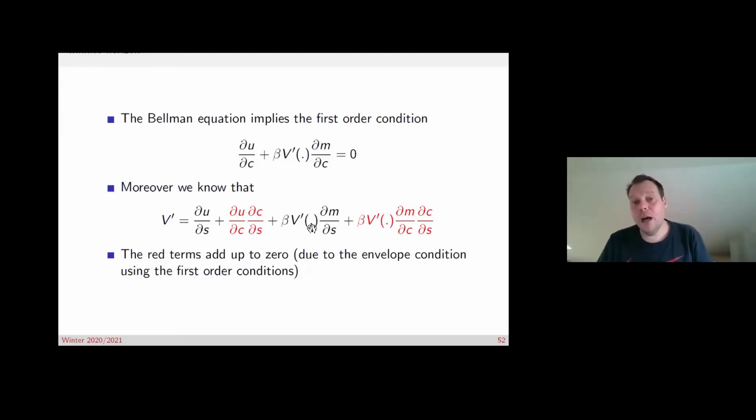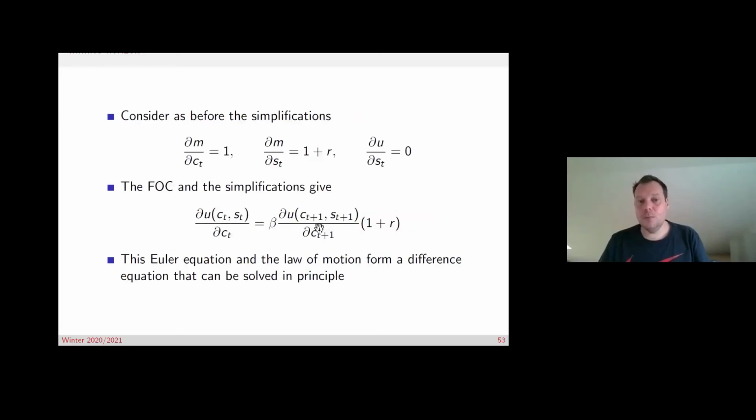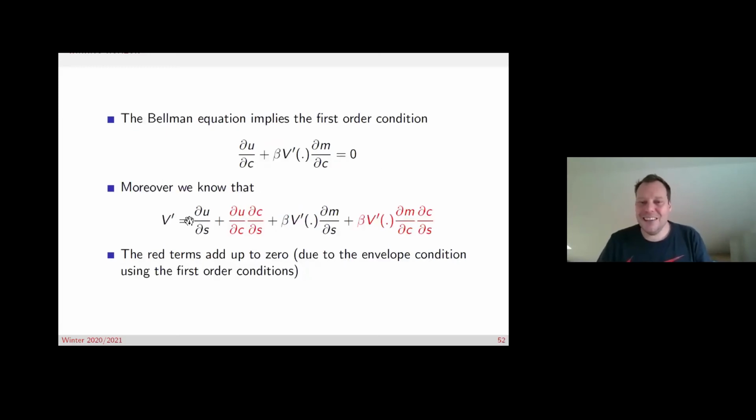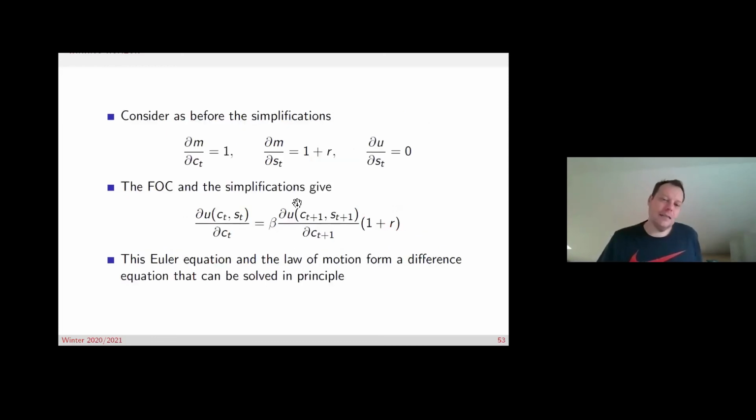And again, if you knew that, well, then you could directly solve for the consumption path. But obviously, this is a thing you do not know. Okay, but you could plug this in here and, using the first order condition, at least derive a relation that must hold along the optimal control path. So what you cannot do is directly solve for the control path, but you have an equation that tells you something about the slope of this path. And this is again called the Euler equation that we had before.